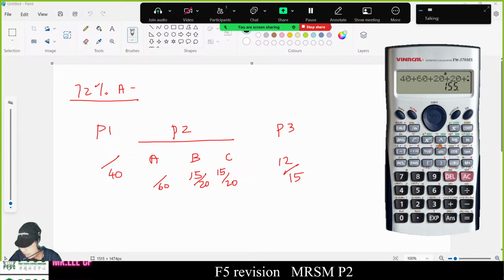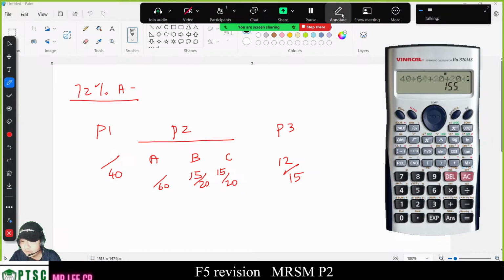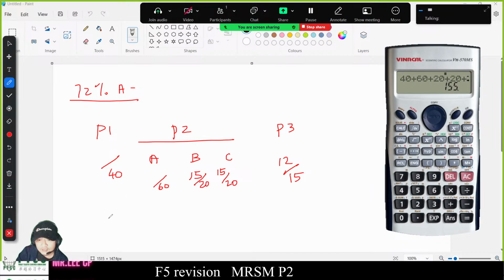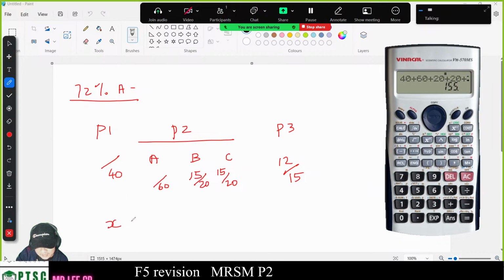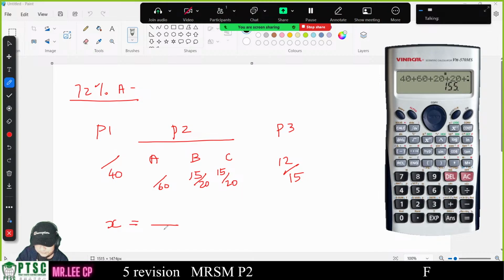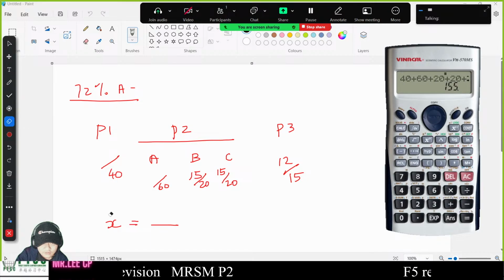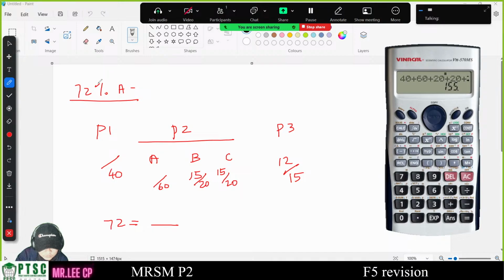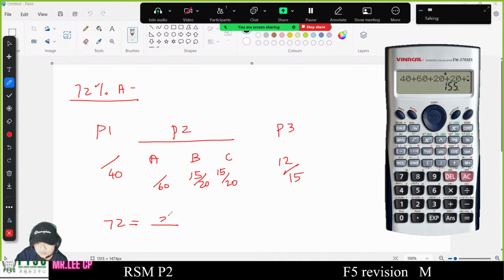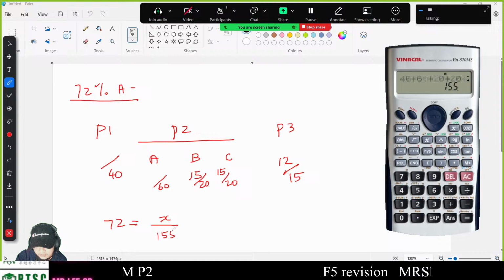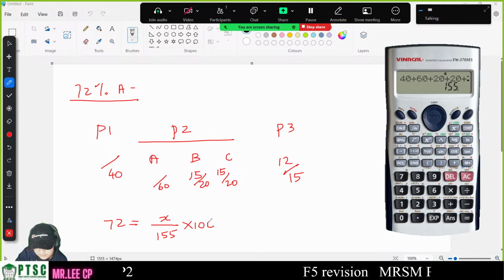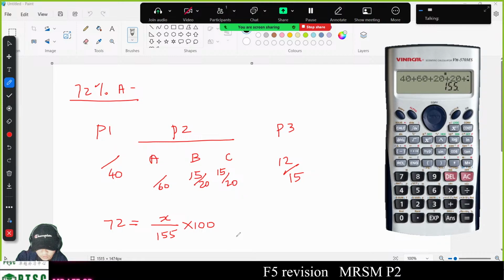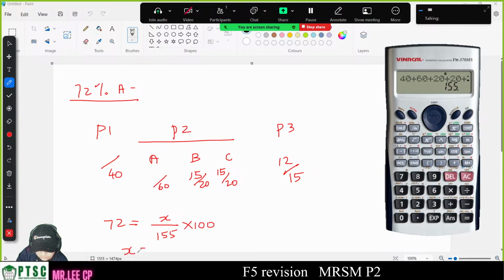We have done it before, so now we do a simple mathematics first. To get an A you need 72. X over 155 times 100, equals 72. So X is equivalent to